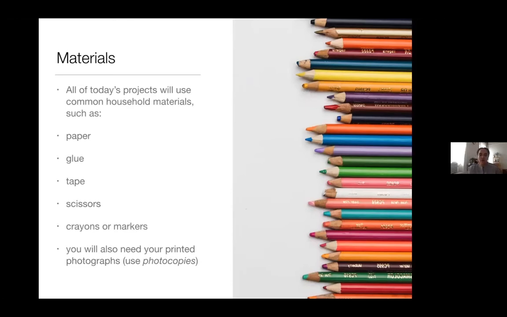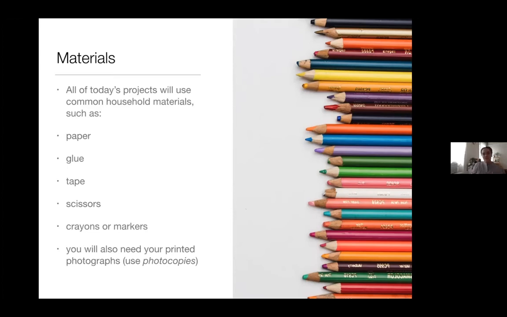So when you're working with photos, one of the coolest things, one of the best things about photos is that we can print them out 100 times. We have a digital version of a photo and we can recreate it over and over and over again. And so that provides for a lot of exploration and experimentation for your child and for you, because you can never mess up.